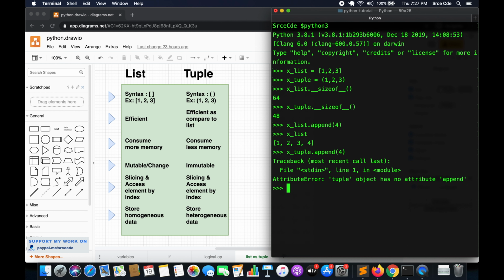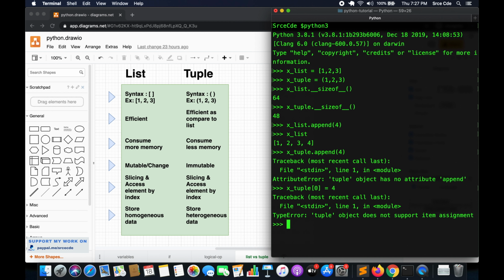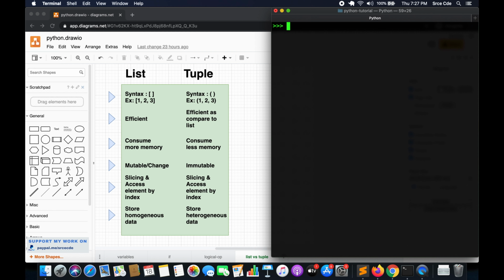And if I try x_tuple[0] = 4, assigning an element at the given index, it throws an error saying tuple does not support item assignment. So you cannot change or modify the tuple once it is defined. Hence list is mutable and tuple is immutable.